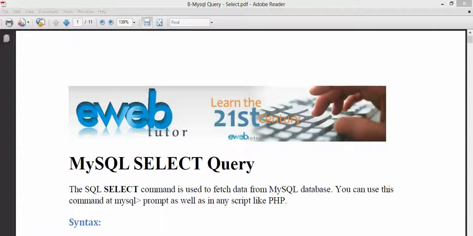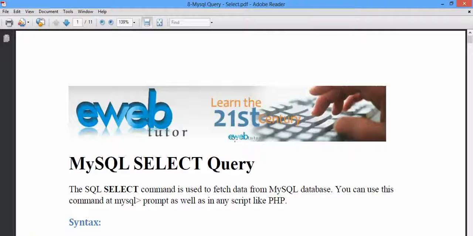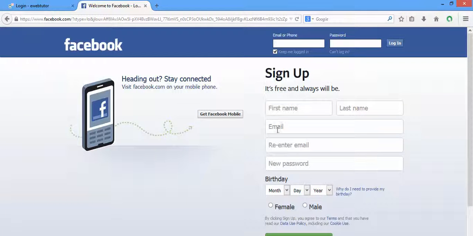An example is if you go to facebook.com for the first time, or any other website, you are going to see the login form and also the registration form. You can call it anything, whether sign up or anything else. But when you see this form, you can't just log in directly. It's not possible. You have to first sign up for the first time, and after you sign up,